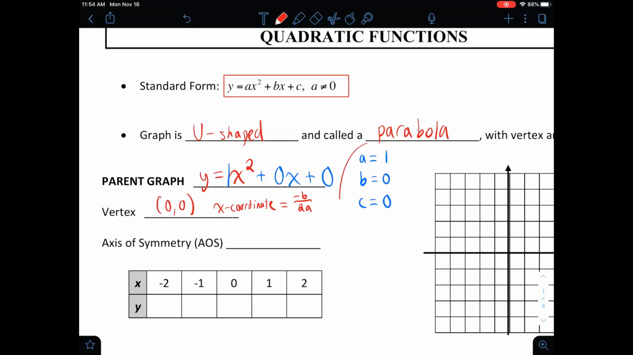That's why we need to find a, b, and c for every problem, because we need to be able to find the vertex algebraically without graphing. Because we're going to graph, but we need the vertex using algebra, using a, b, and c. The axis of symmetry, the AOS,